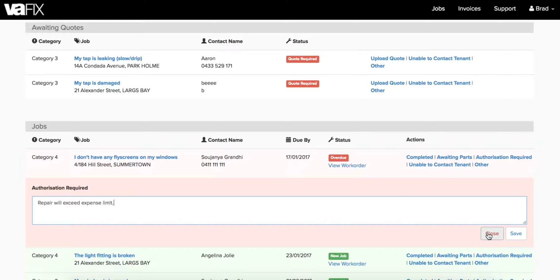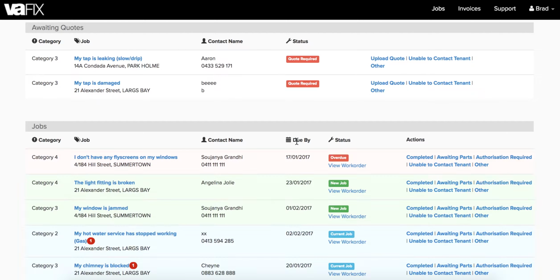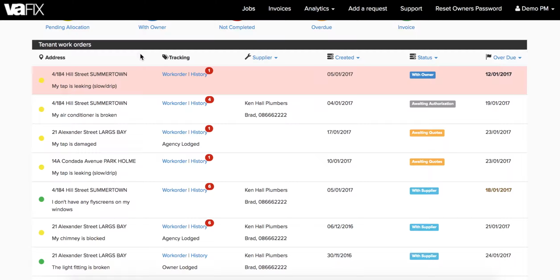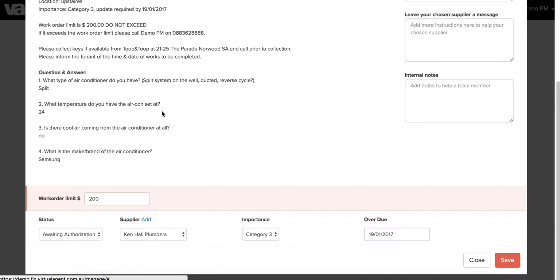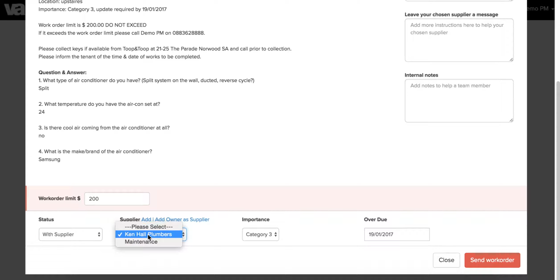Scenario 1 is the same supplier continues with the work. Here the property manager simply marks the job as with supplier on the work order screen. They update the work order limit and any changes to the work order instructions, and the job will then be resent to the supplier. Once the issue is fixed, the tradesperson will simply mark the job as completed and invoice